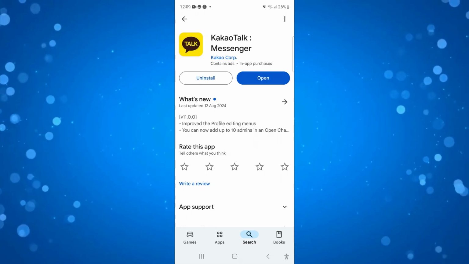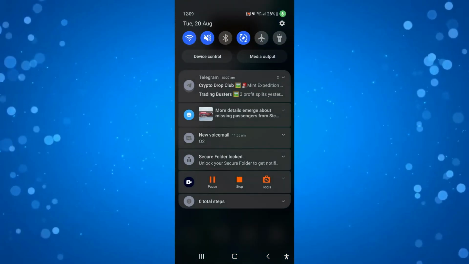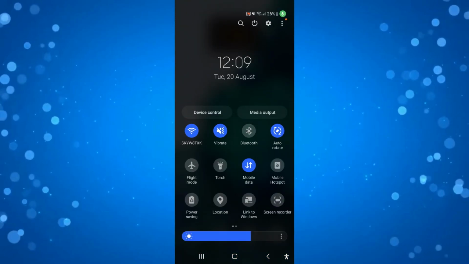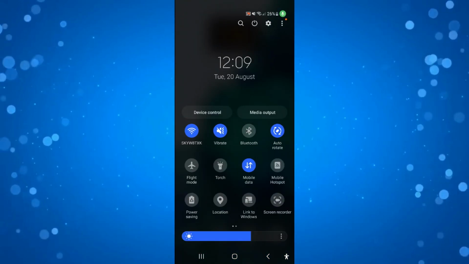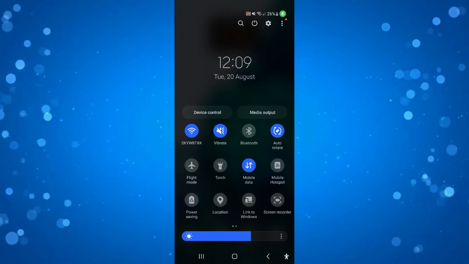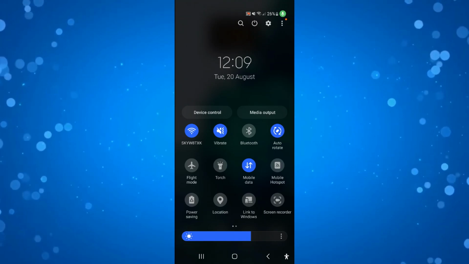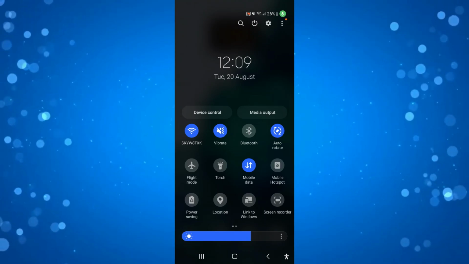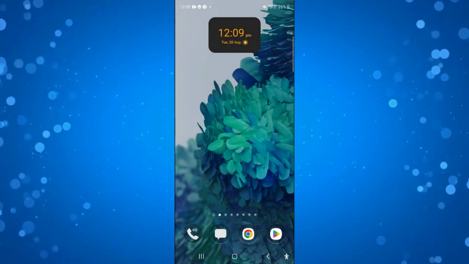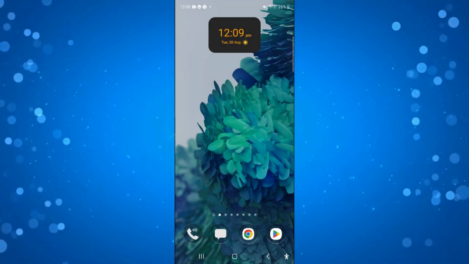Now, the first thing you're going to want to check is your internet connection. If you scroll down from the top of your device, try using your mobile data and switch between the Wi-Fi and mobile data to see if it's a problem with your internet connection. If you've checked that and your internet connection is absolutely fine, but you're still having this problem, the next